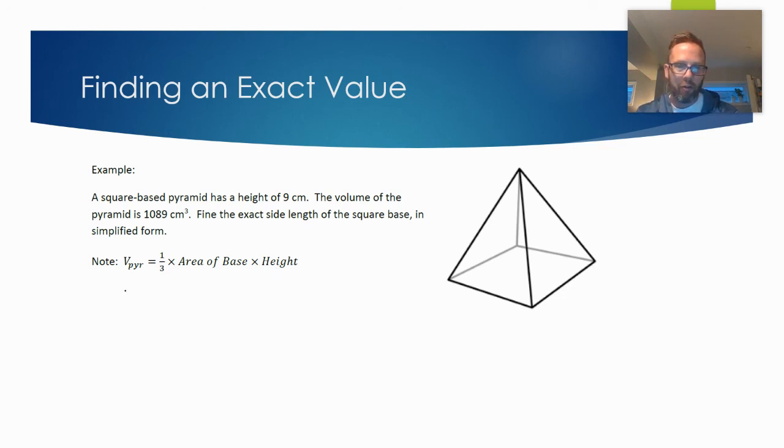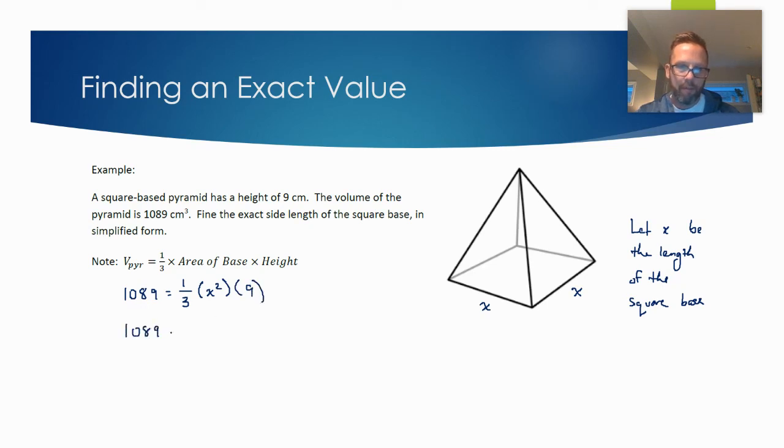But what are we given in this question? We're given the volume, 1,089, equals 1/3. We're trying to find the side length of the square base. So let's let the length of the square base be x. So let x be the length of the square base. So what's the area of that square base? Well, area of a square is just the side length squared. And the height is 9. So plugging everything in